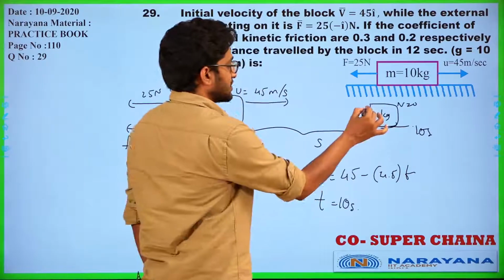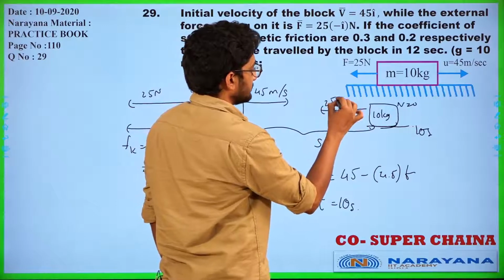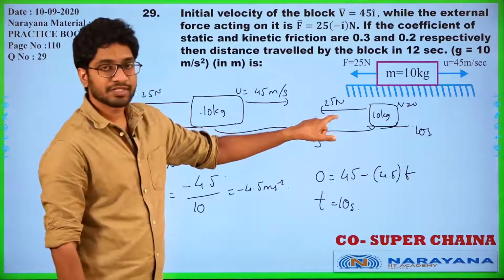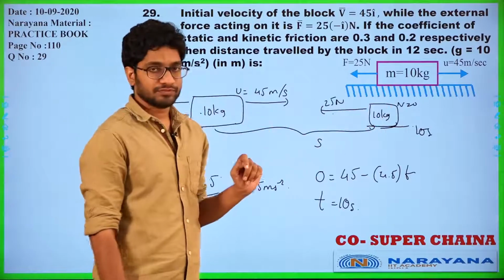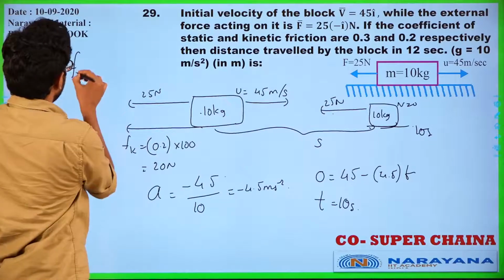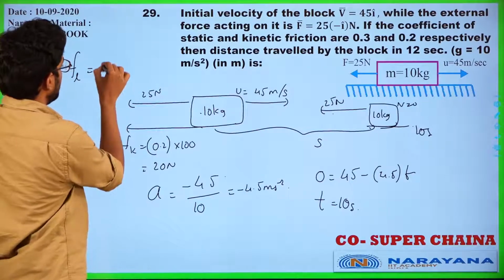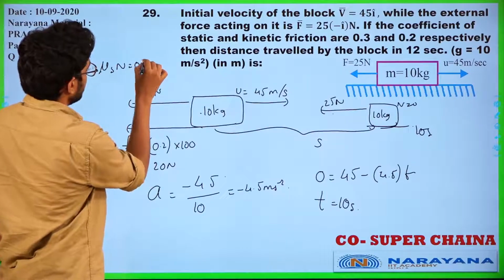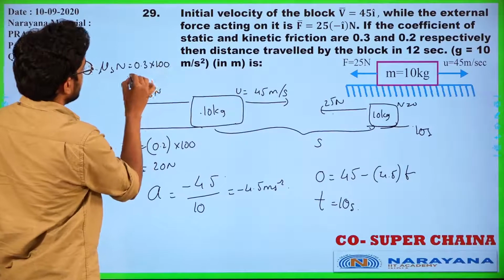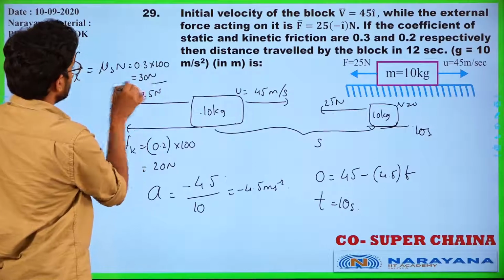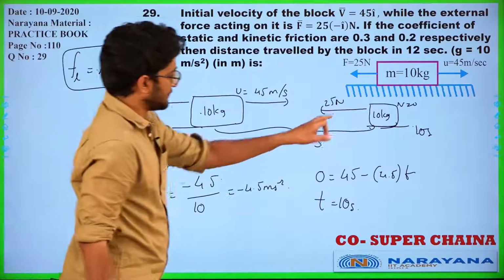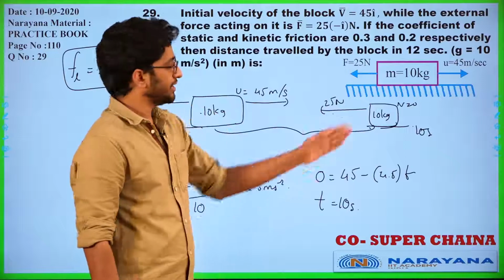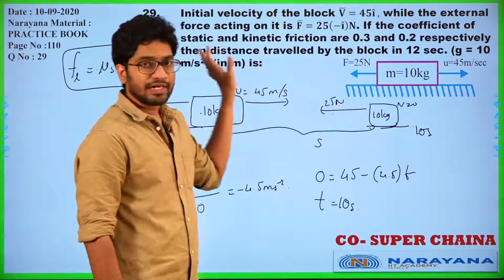Okay. Now there is a force of 25 newtons acting and there is no velocity. That means there is no sliding. So now if this 25 newtons is greater than the static friction, the block will move. So let's check that. What's the maximum friction or limiting friction possible? Mu s into normal. So mu s is given as 0.3 into normal is 100. So 30 newtons is limiting friction. So this force will not be able to move the block. So after 10 seconds it stops and stays there. It cannot come back because the force applied is less than the limiting friction.